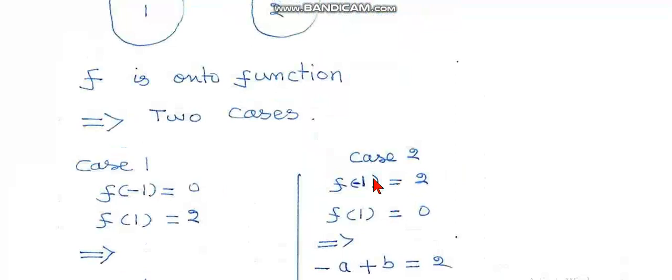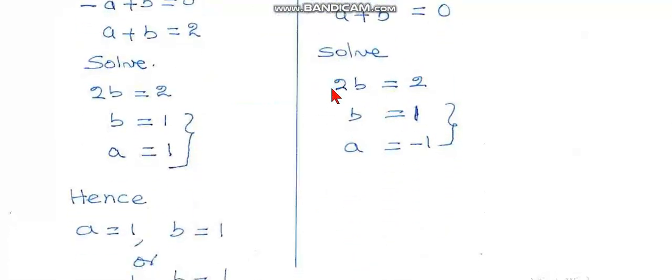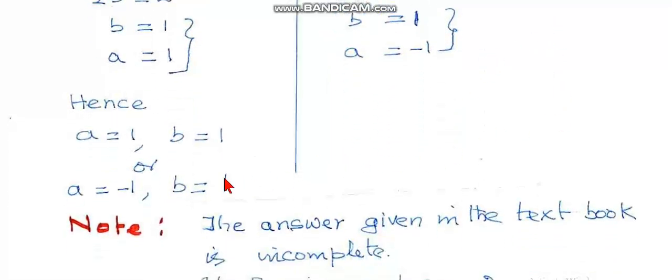Or in this case, f of minus 1 equal to 2, f of 1 equal to 0 implies minus a plus b equal to 2 and a plus b equal to 0. Solving this, 2b equal to 2, b equal to 1. That is a equal to minus 1. Hence we have a equal to 1, b equal to 1, or a equal to minus 1, b equal to 1. The answer given in the textbook is incomplete. It has ignored